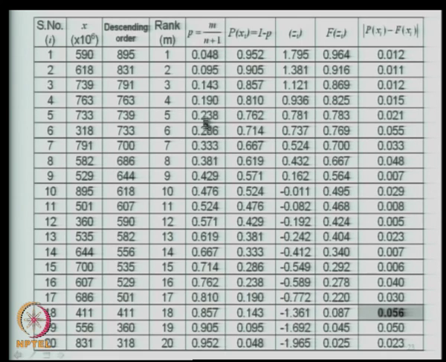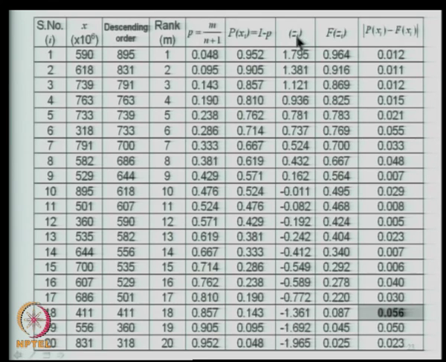So, we calculate all of these values. Then we get the observed CDF, which we denote as capital P of x_i, which is simply equal to 1 minus p. Why? Because p is the exceedance probability, and the CDF gives you the probability of x being less than or equal to x, and therefore, the CDF value is 1 minus p as obtained. So, we get these values like this,